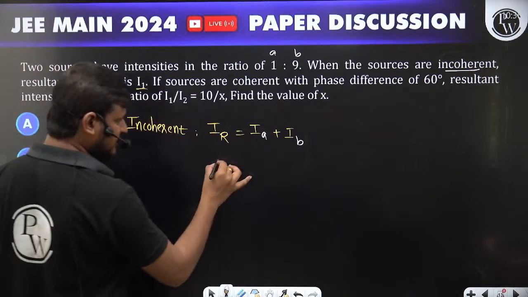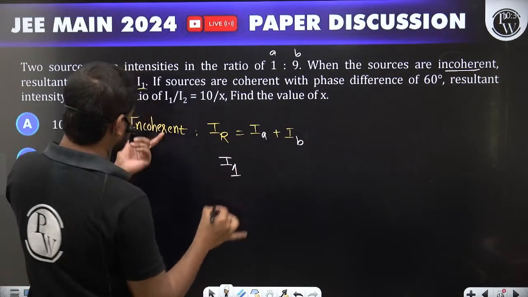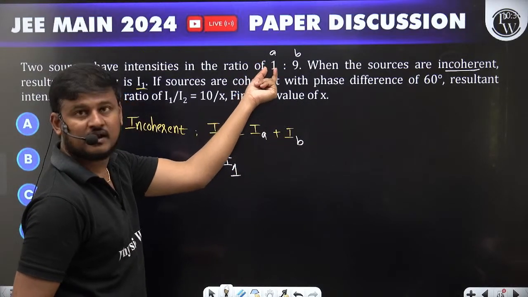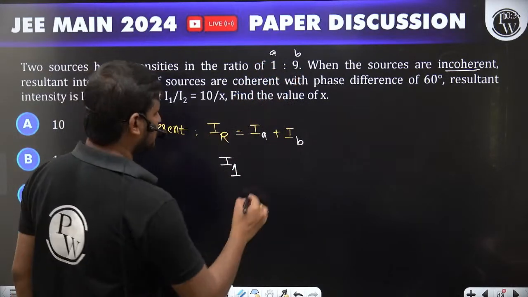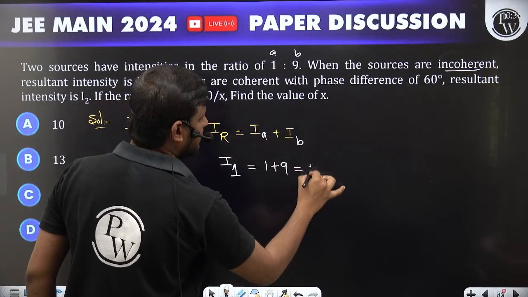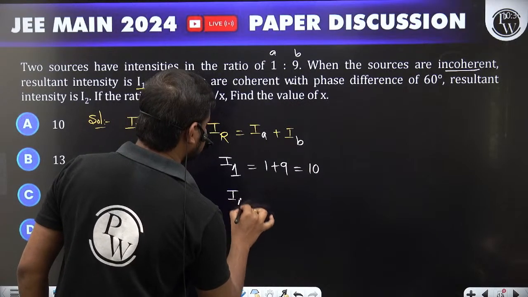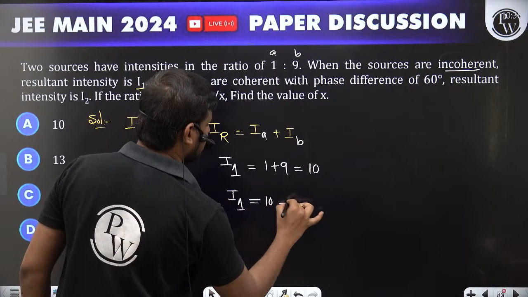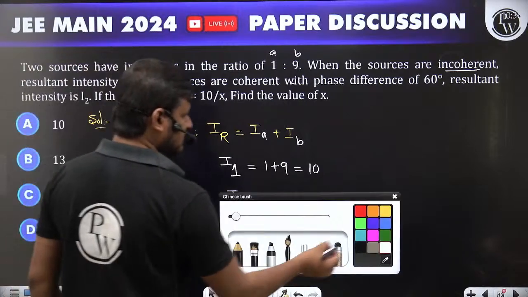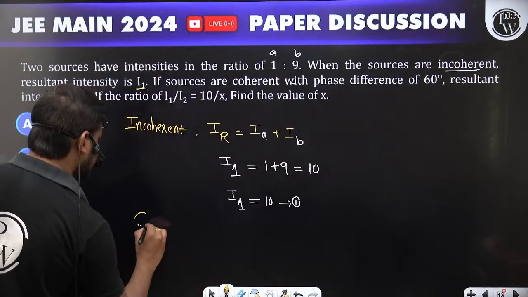So the resultant intensity I am taking as I1 when the sources are incoherent. So IA plus IB. What is IA? 1. IB is 9. So the total, 1 plus 9, is going to be 10. So I1 is equal to 10. Let it be equation number 1. Okay, so then when the sources are coherent,